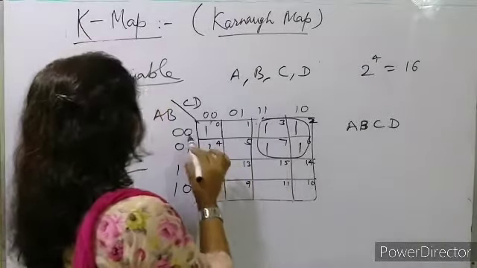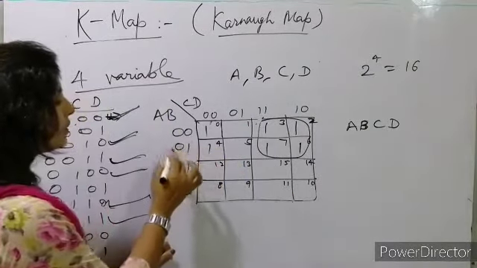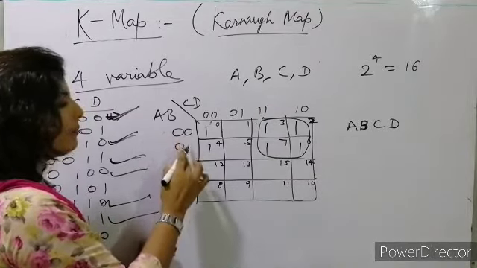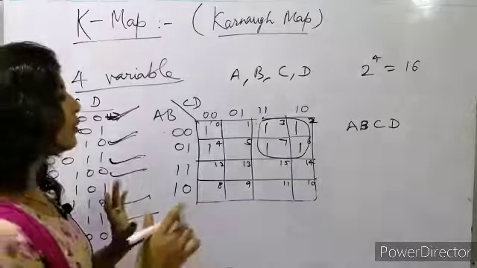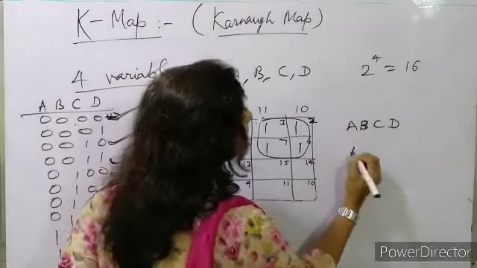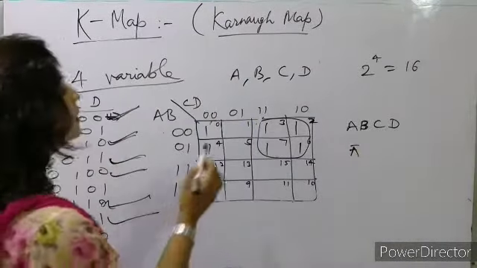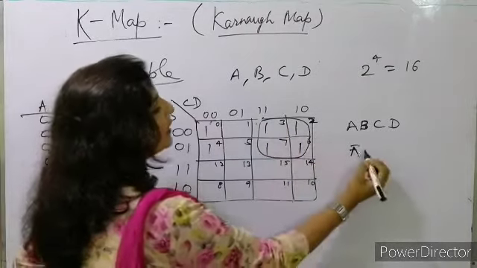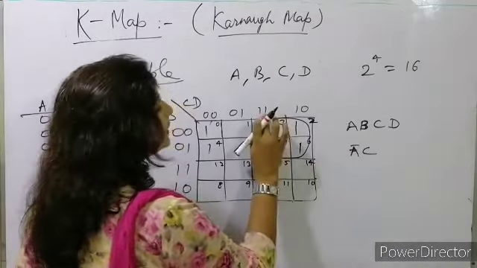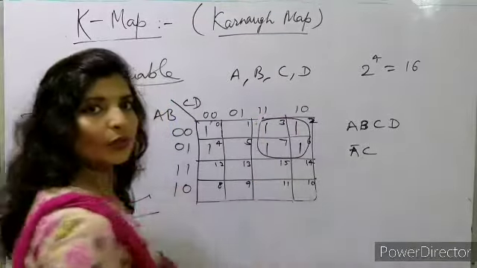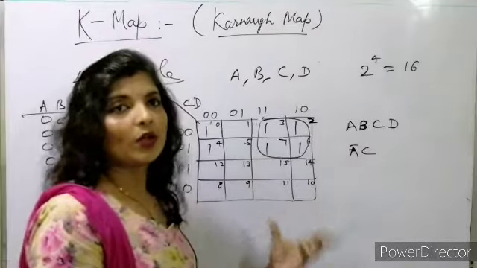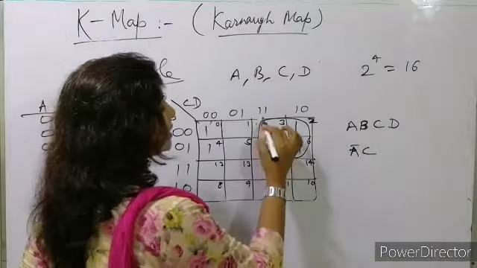So what will happen? 0 1, this is 0 0, meaning A bar is there, in all four A bar is there, but B bar and B bar, so A bar will be taken. And in these two, 1 1 means C is there, C is there, but D and D bar both appear, so we'll not take that. We'll take only what is common between all the 4. So that will be the answer for these 4.